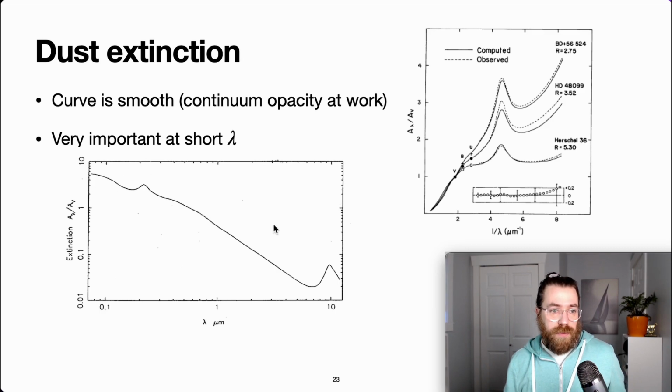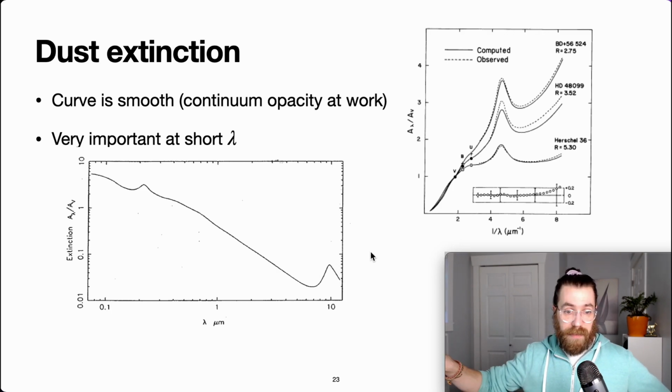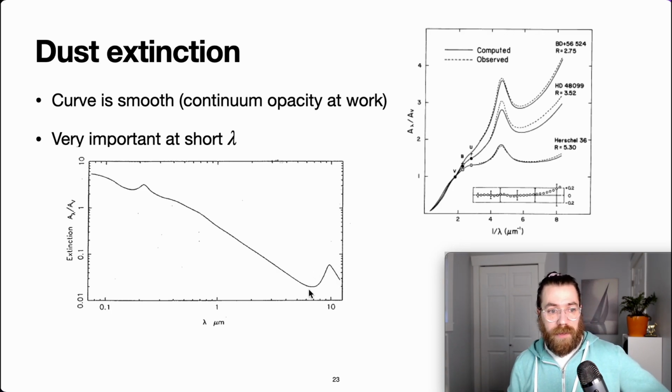This curve is very smooth. Again, continuum opacity is at work. It's very important at short wavelengths, so there's lots of opacity at short wavelengths. Again, kind of like Mie scattering. It's not so important in the infrared, though it is important. It is unfair to say that it is unimportant in the infrared. As an example, at 10 microns, this is well past your visible. This 10 microns is mid-infrared. There is a bump, like the opacity of the interstellar medium increases, and you see more extinction at 10 microns,